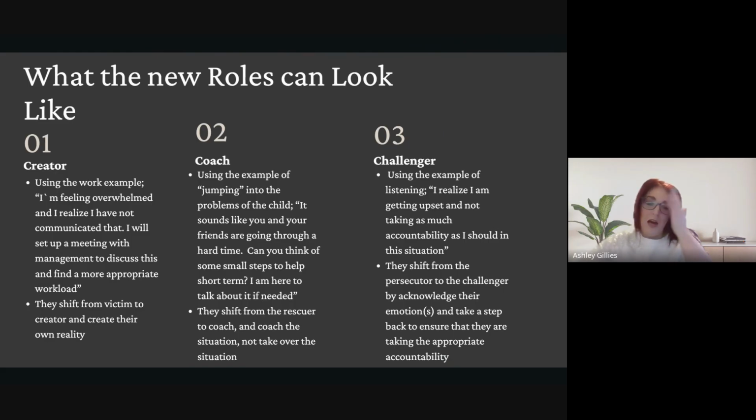So if we use the example, remember, of, well, if you would just listen to me, things wouldn't go bad. Or if you would just take my advice, you would have better grades. Remember, that was one of the examples. But if a parent's going to get that upset over grades and not provide feedback of, okay, why are your grades bad? Is there something going on? Do you need to take a day break? Do I need to go talk to your teachers? Is there something going on at school? Whatever it is, providing all of this stuff, not taking accountability that I'm getting really upset right now and I might not have all the facts, they immediately just start persecuting. Guess what? Your kid's not going to get better grades. I'm here to tell you that right now. It's not going to happen.